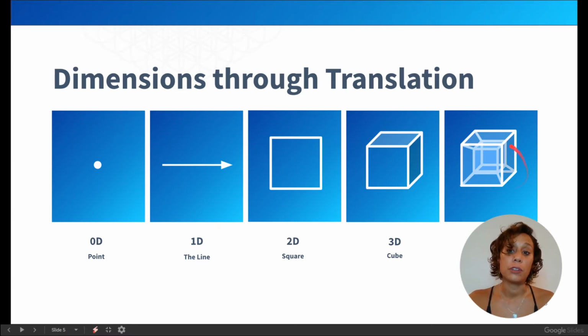Now, I do want to mention that there is a 4th dimension, and most of us think about the 4th dimension, oh, that's time. So we have 3-dimensional space, and then there's time. It's true, and I'll tell you why. But there is also a shape that represents 4D. In terms of a cube, it has to translate again. You can just think about a cube within a cube, and these cubes swap places. One can move up and the other one collapses back in. This is called a 4D hypercube or tesseract.